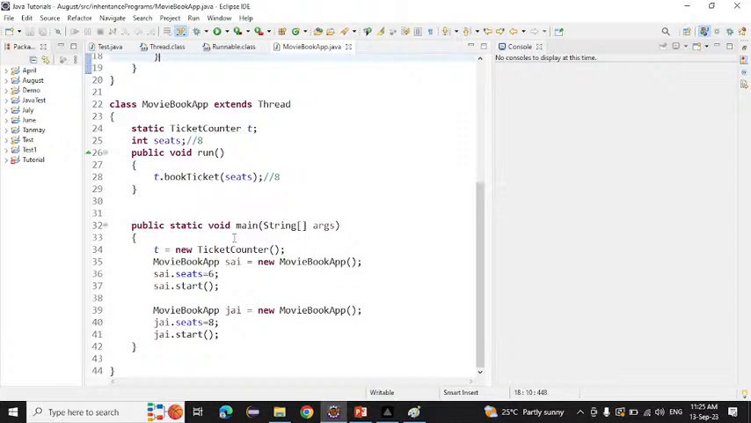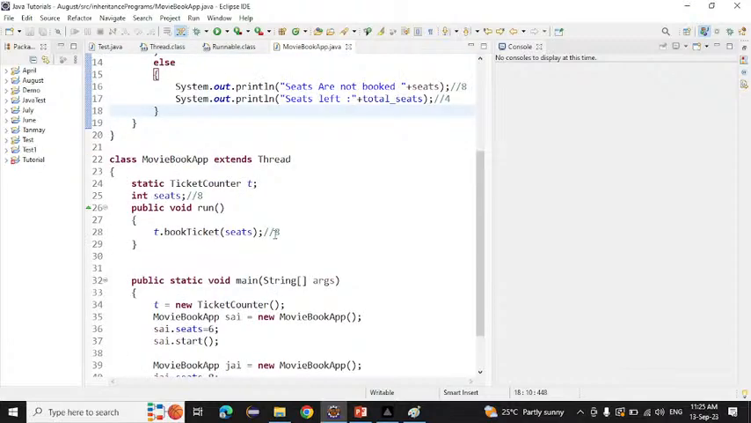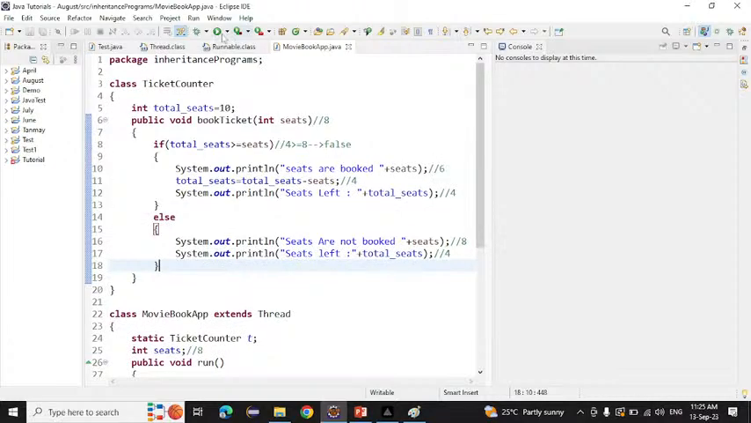First time means how many tickets will be booked? 6. And second time? Not booked. Okay, so we'll see that. We will try to run this one. Simply, if I run this one,